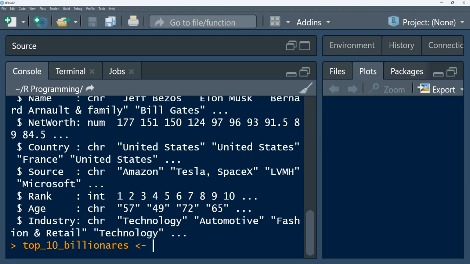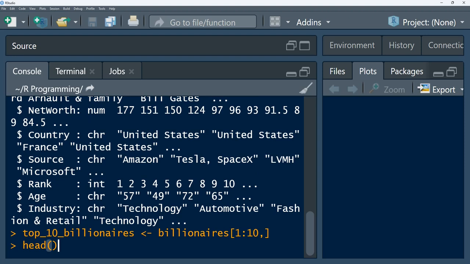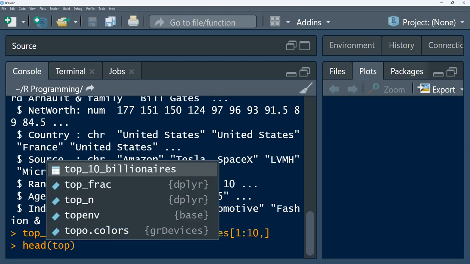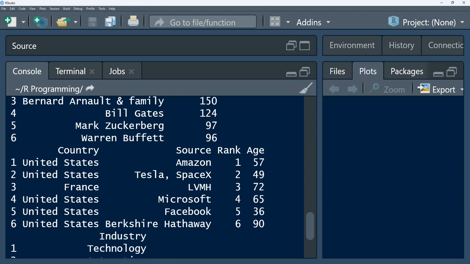And now, so don't mind my spelling, sometimes I'm making errors with the spelling. So this is supposed to be top 10 billionaires, and we are going to simply say we want the first 10. Remember that this data set is already in order of net worth, so we know who is the richest. So we look at these top 10 billionaires, and we can see here